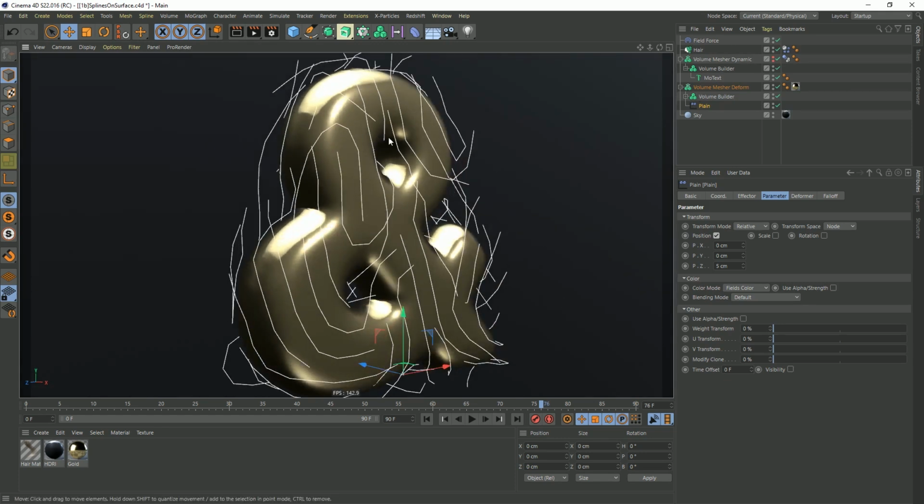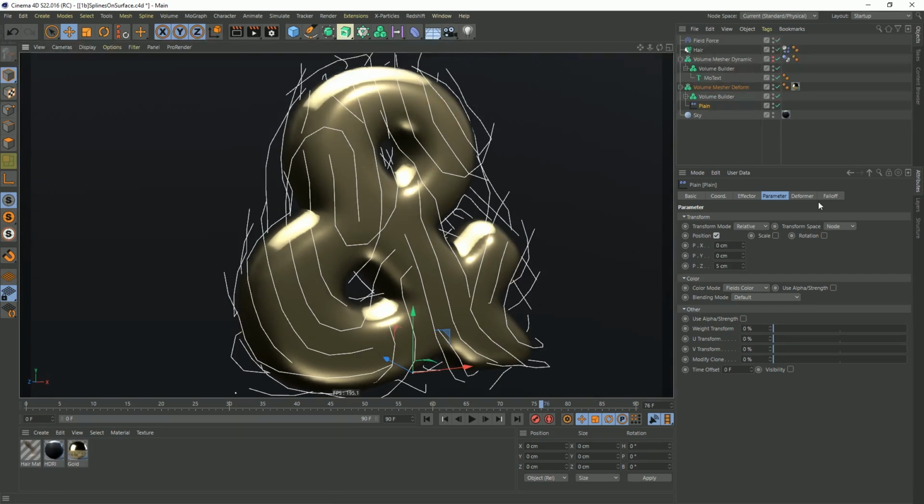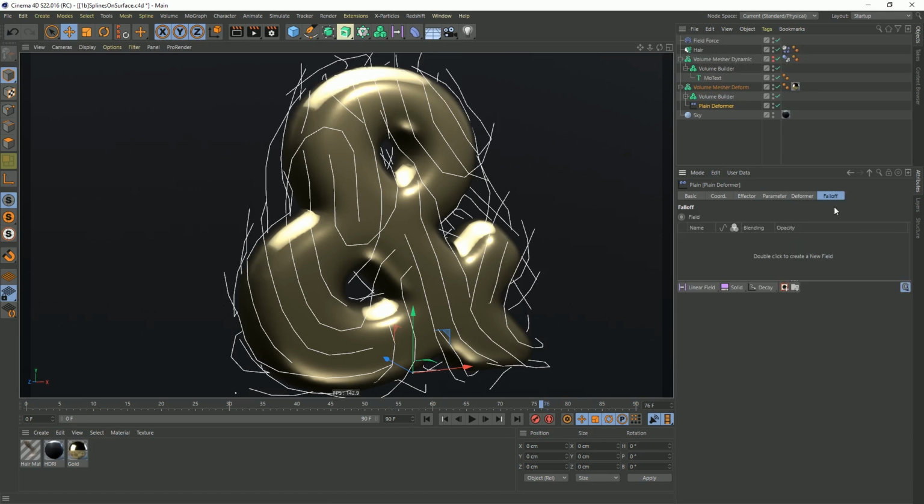Currently, this effect is getting applied everywhere on our plane deformer. But we don't want it to apply everywhere. We want it to apply within a certain range of this spline. So under the fall off of this plane, in fact, why don't we rename it plane deformer, because that's what it is. Deformer, plane deformer. Go to the fall off tab,